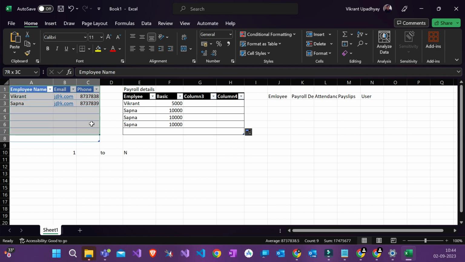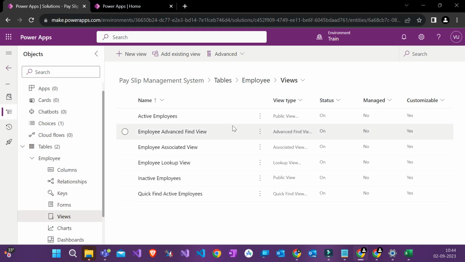You can see this Excel, right? This table you are seeing is a view. If you copy paste this exactly, imagine it is copy pasted, it is exactly going to look similar here in Dataverse also. So there is something called active public view and inactive public view.